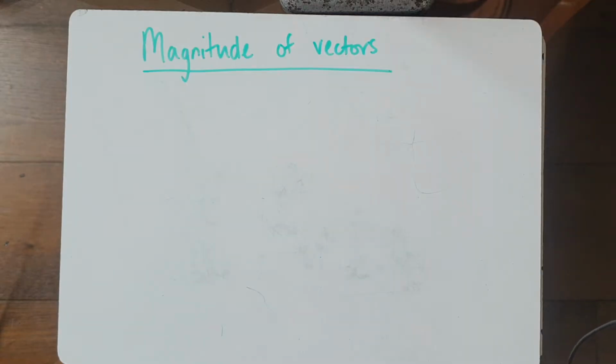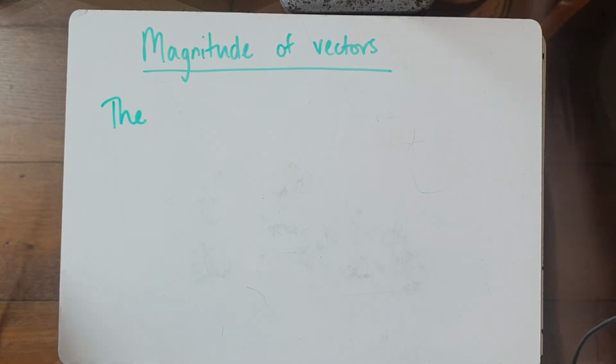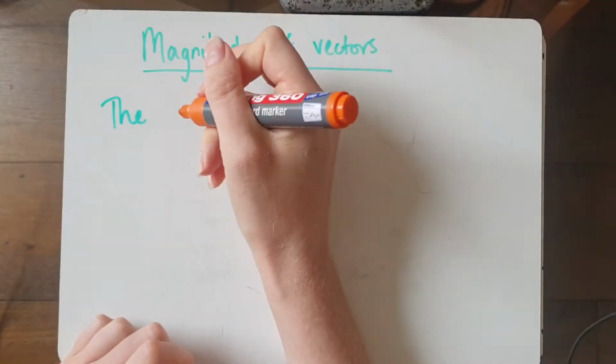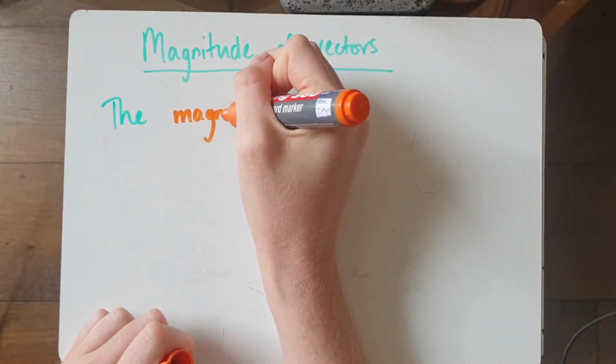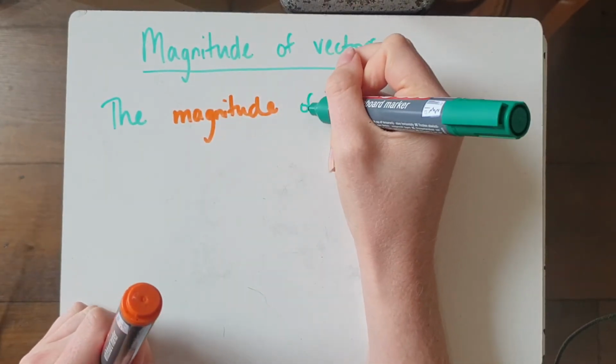Right, today we are going to be doing magnitude of vectors. So I'm going to write that title down. And there, as if by magic, the title has appeared. So magnitude of vectors. We have talked about how a vector has magnitude and direction, whereas a scalar just has magnitude. The magnitude of a vector is its length or its size. So magnitude generally means size. So we'll write this down. The magnitude of a vector